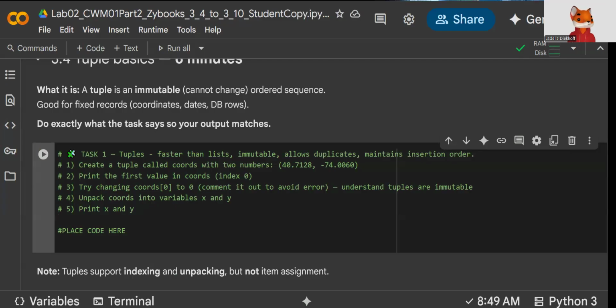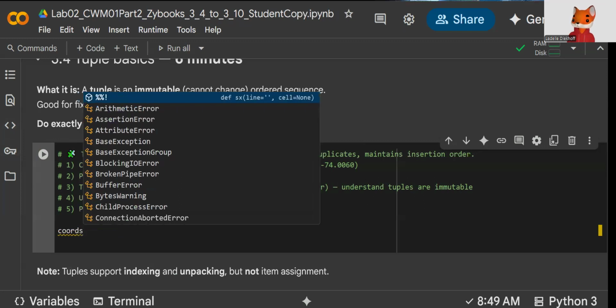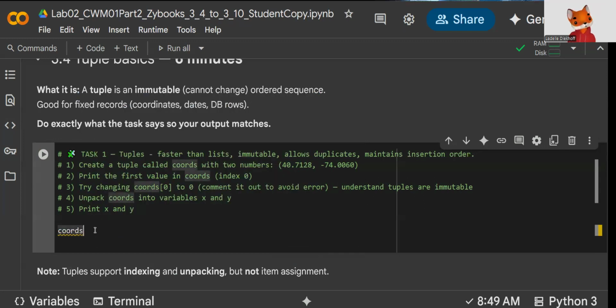So in this section here, we're going to go through how we can create a tuple called coords with two numbers in it. So what that looks like here, we'll start here. We'll have a variable called coords. And how we go about actually creating a tuple here is we have our assignment operator and then we have our open close parentheses. Now, this open close parentheses allows for a fixed set of data. In this case, we're going to be using it as coordinates. And so we have